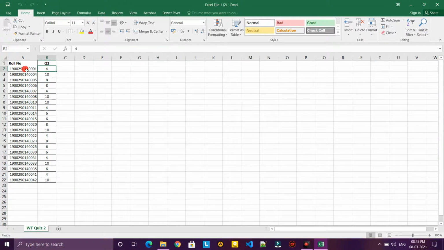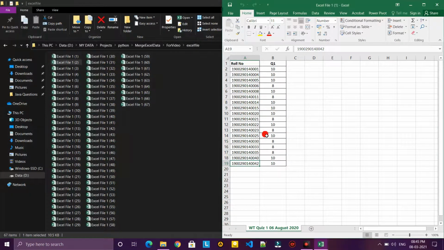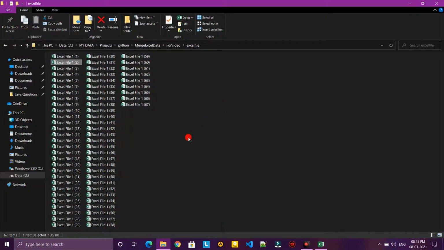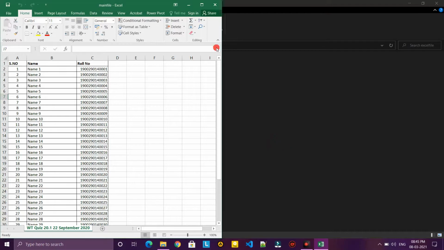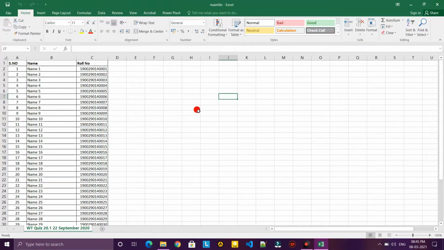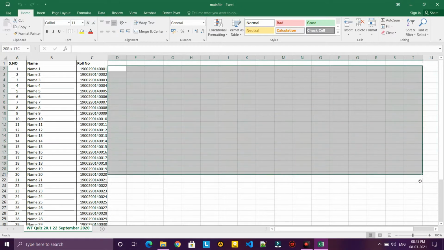Similarly, this Python program will search the data in each and every file on the basis of roll number, and if the data is found in correspondence of the roll number, all the data will merge here in this file.